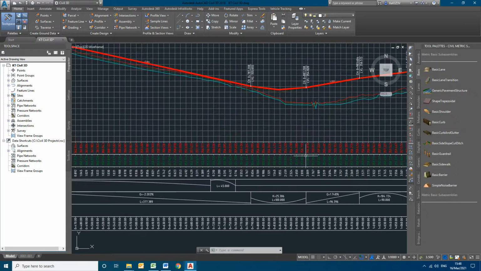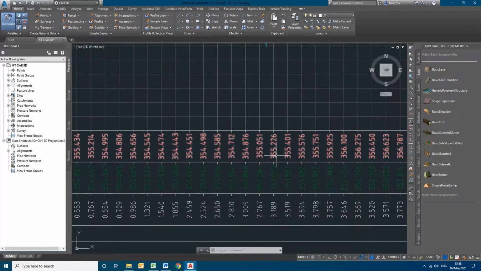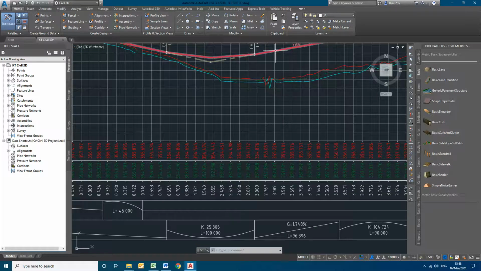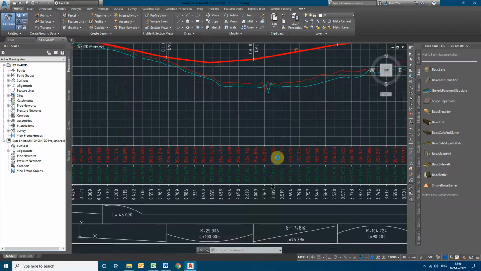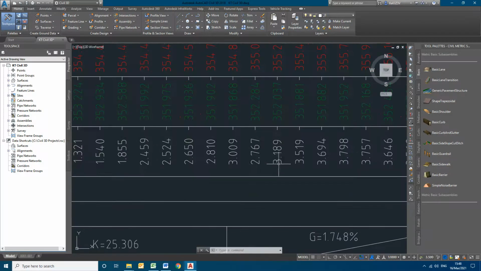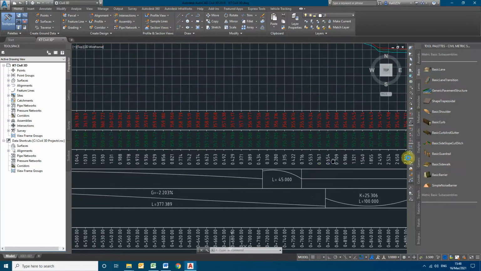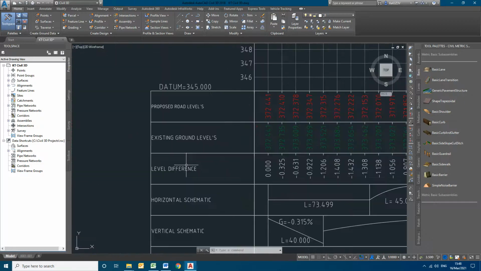We can check here clearly the FRL is 355.26 and 352.037 for this particular chainage is the OGL. So this is the difference between the FRL and OGL, with the datum.